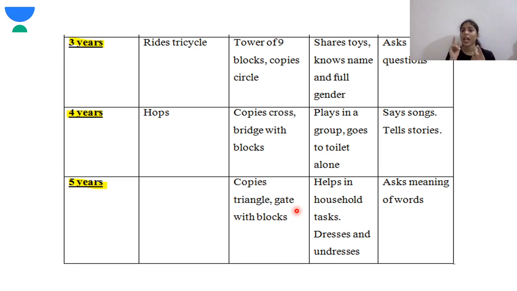These are all very important. You have to remember all the shapes with age. You need to remember the blocks. What does the child do with the blocks? These are all very important things. And resting and unresting, this is very important. Okay, this comes in social milestone. For language, the child asks meaning of words. Okay,